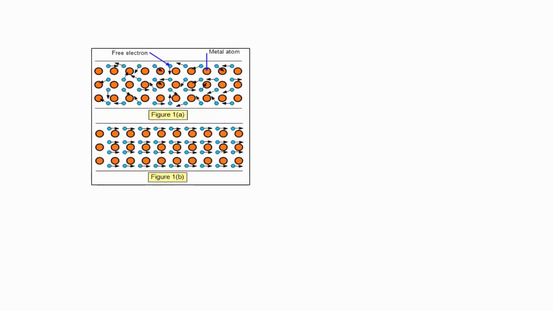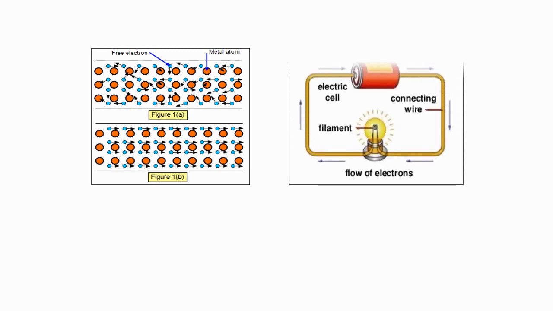In figure 1a, we see the blue colored free electrons and the orange colored atoms. So these electrons have become free and they jump from one atom to another in random directions. But when a cell or a battery is connected to this conductor, the electrons get a proper path, like they start to flow in one direction. It is because in this battery there are continuous chemical reactions taking place, and due to these chemical reactions a